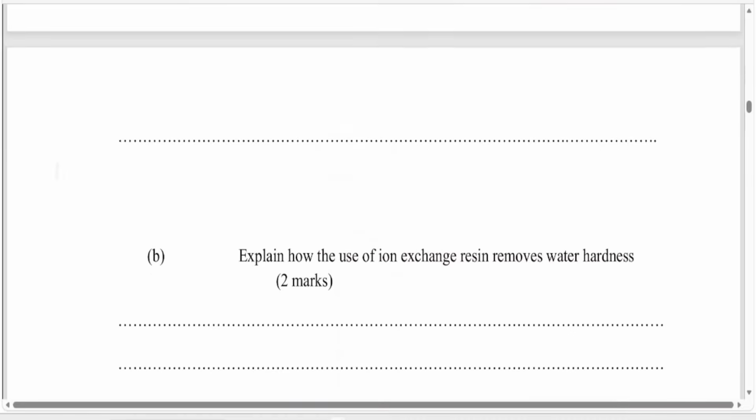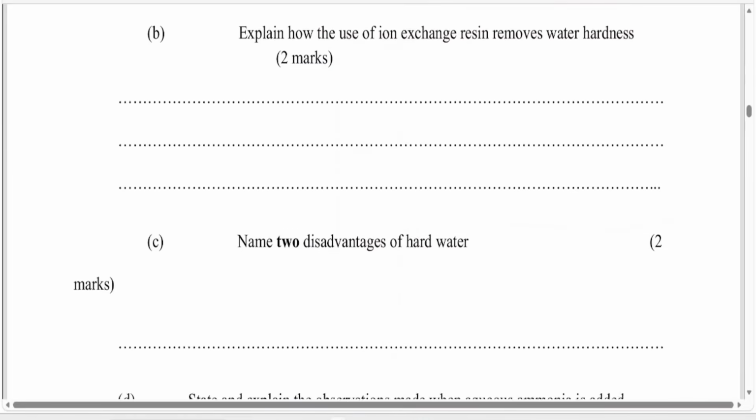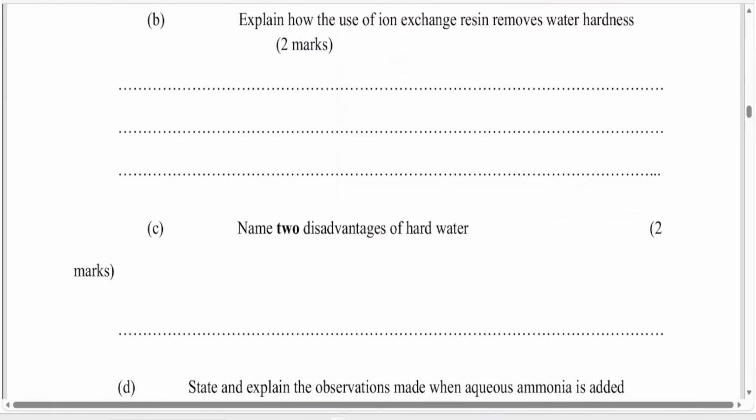Moving to the next question. Explain how the use of ion exchange resin removes water hardness. We know ion exchange is one of the methods of removing water hardness, whereby we use a medium packed with sodium ions, and then we pass water that contains either magnesium ions or calcium ions. So we are going to explain this and say water containing either magnesium ions or calcium ions is passed